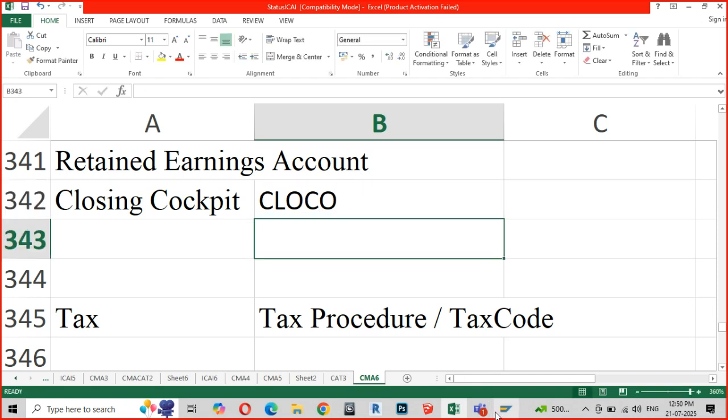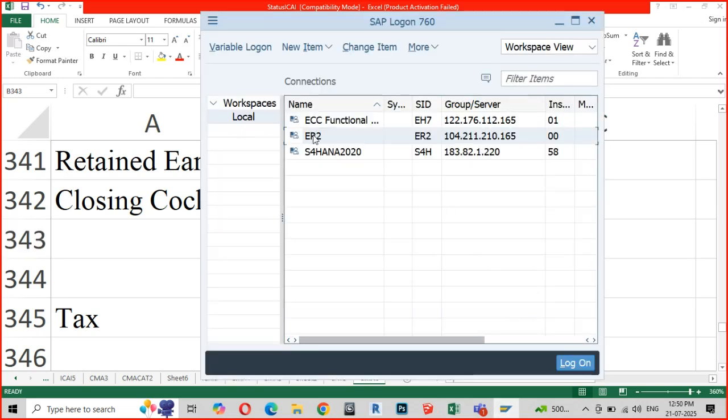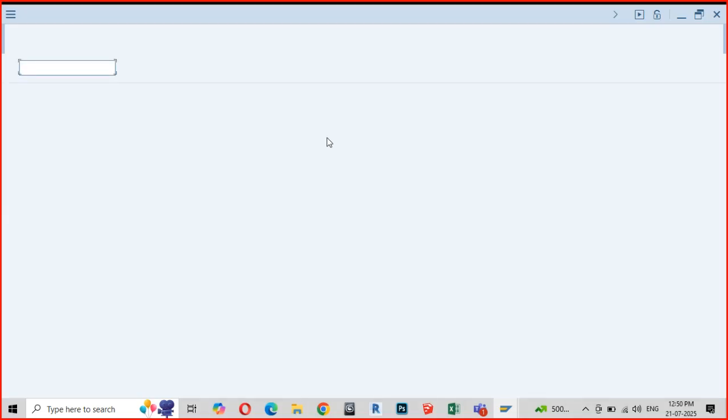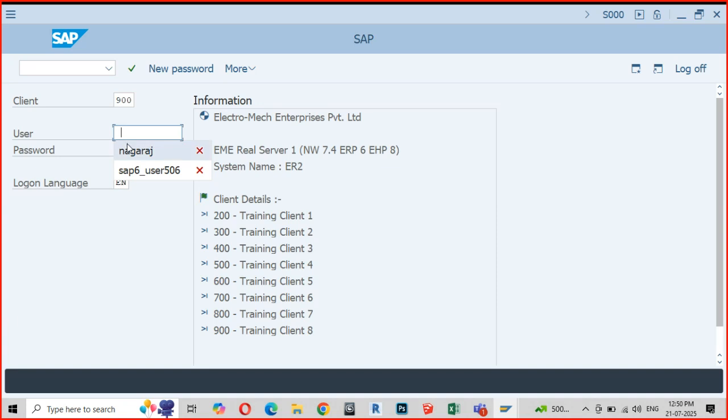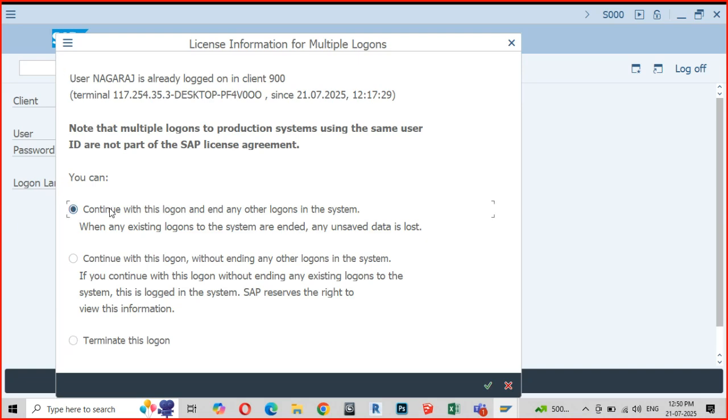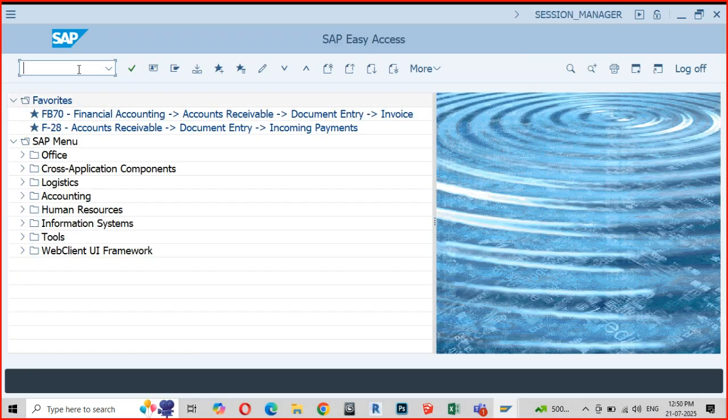Let me show if it is working. See, it will take you into a transaction for the closing.